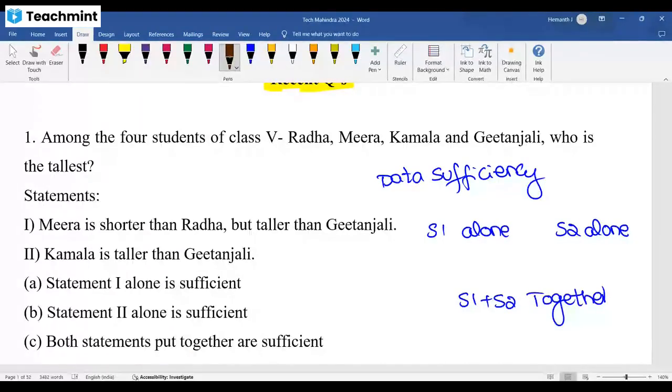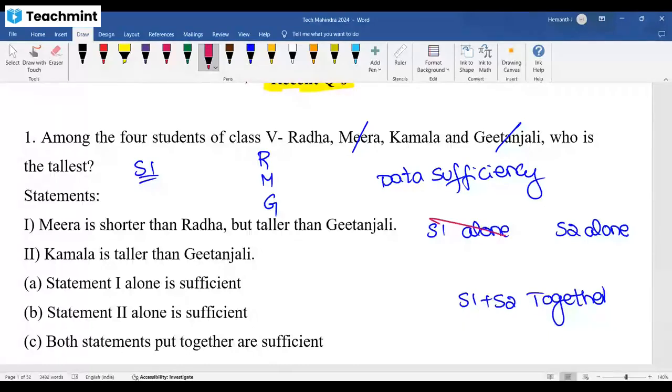The first one: Meera is shorter than Radha, but taller than Geetanjali. So statement one is not able to decide who is the tallest. Meera is shorter than Radha, and Meera is taller than Geetanjali. So Meera cannot be tallest. Geetanjali is also shorter than Meera. So it may be Radha or Kamala. I cannot decide using statement one alone. One alone, I am not able to decide the answer. Next,